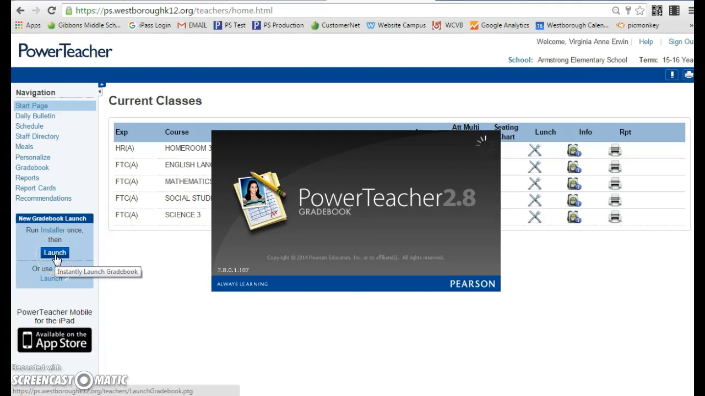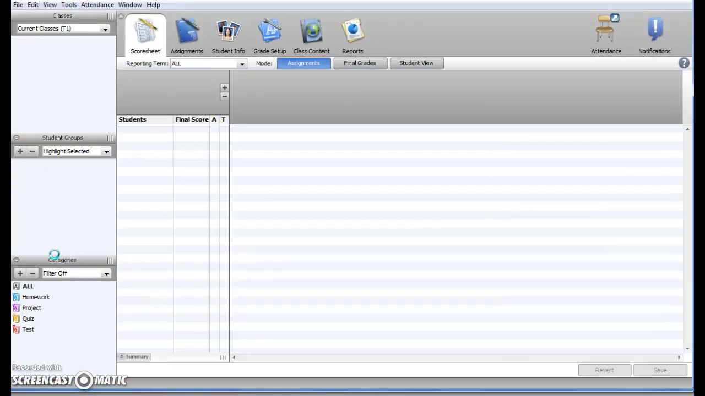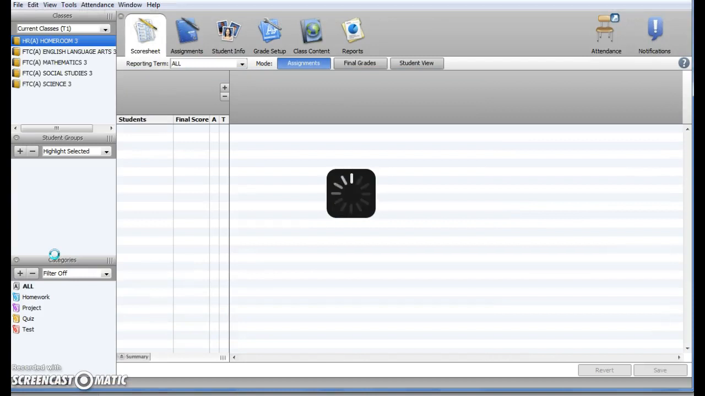Hi teachers, just a quick tutorial on how to print a standards verification report. First question from you, I'm sure, would be, well, what is a standards verification report and why would I want